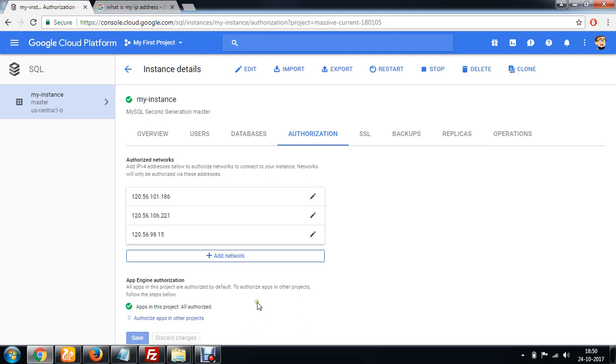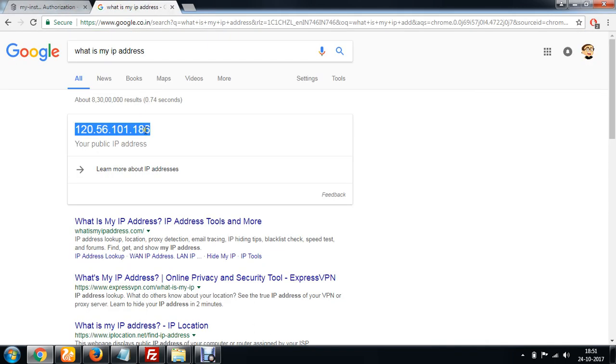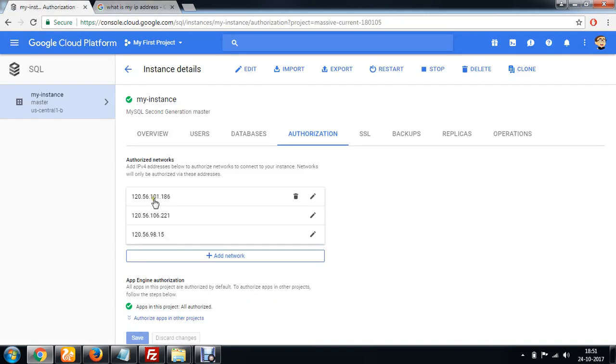Now you can see that my public IPv4 address has been set within my authorization tab. This is my IP address 101.186, and you can see that it has been added into my authorized networks. What this means is that my local machine can now connect to this MySQL instance.